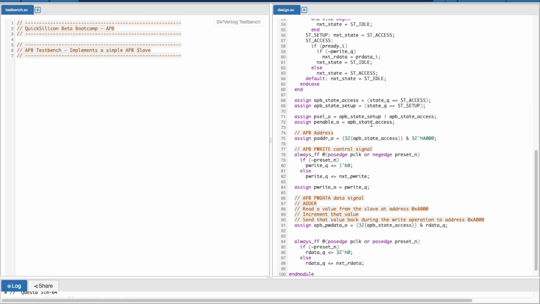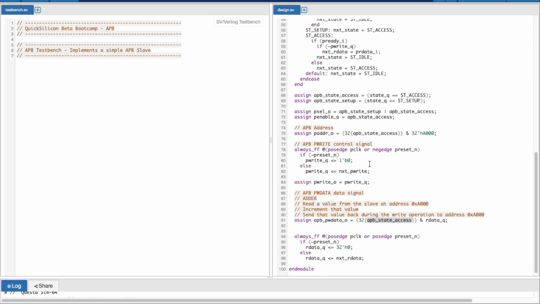Right, so this would mean that we will be taking the flopped value whenever we are in the access phase. And we can also add one more check that we should only give out when we are actually doing a write, but I think it should be okay that even if we are doing a read, we can give out the value which is stored in the flop.